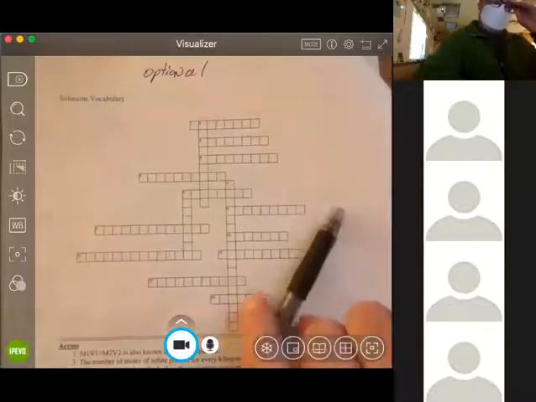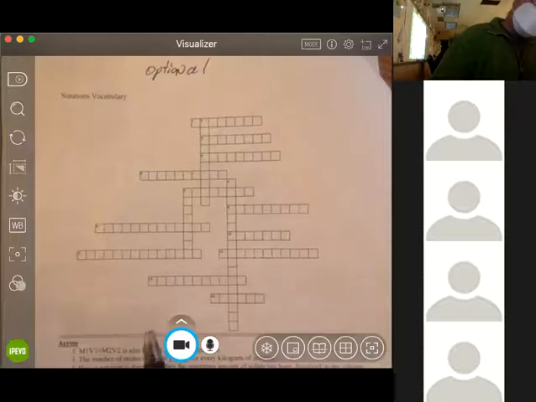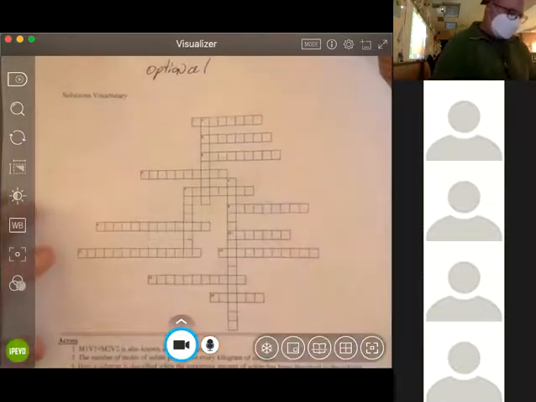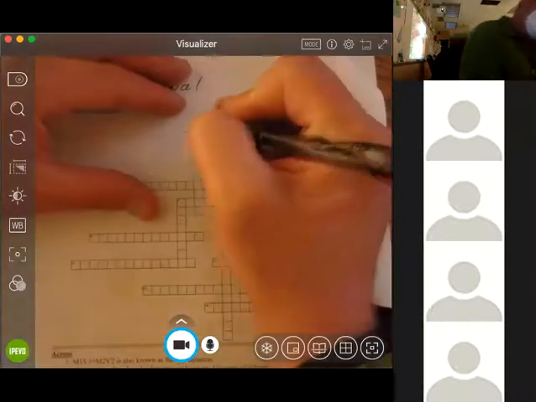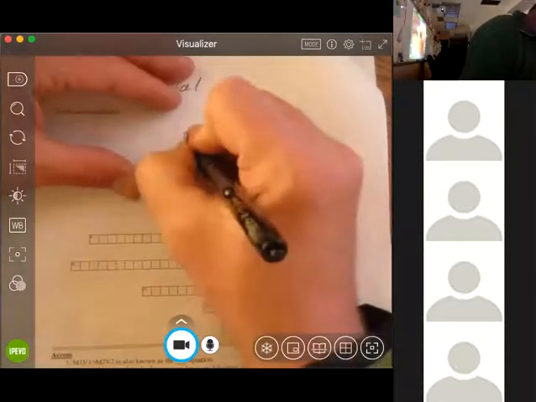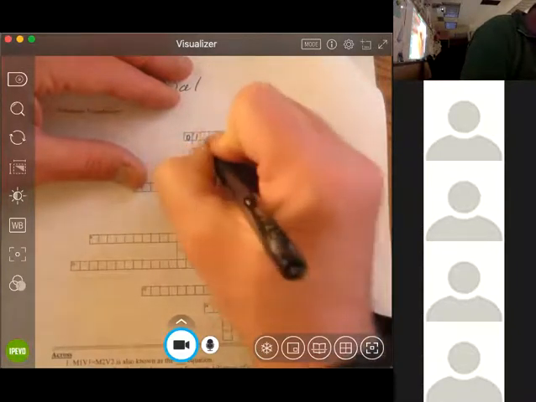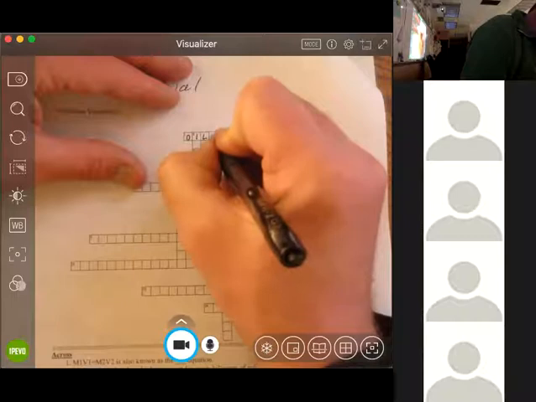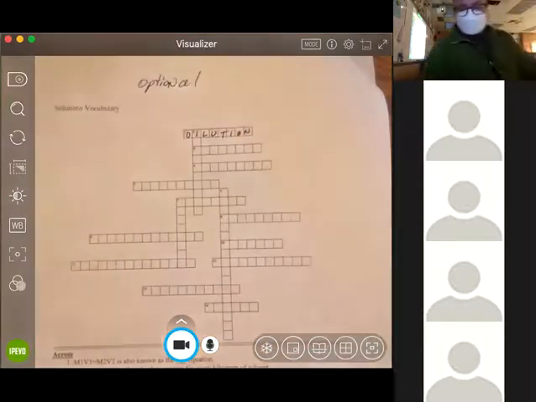Vocabulary. So if we take a look on the back, the first clue for number 1 across is M1V1 equals M2V2. This is known as what equation? Well, this is an equation that you use to take a stock solution and add more solvent to it. That process is called dilution. That would be called the dilution